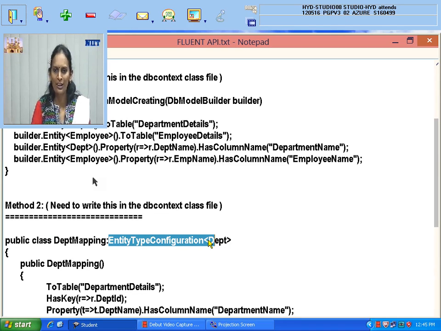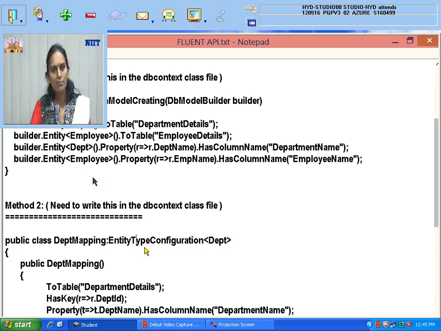Sorry for the delay, okay. But did you understand or not is the question, Venkat. Monica, are you checking? For us, HCD mapping, EMP mapping. You give two classes. Everything should inherit from entity type configuration. In the brackets, which model class settings are you telling? For each model class, a separate mapping file is to be created. I cannot tell in a single class the table names and columns of all the model classes.